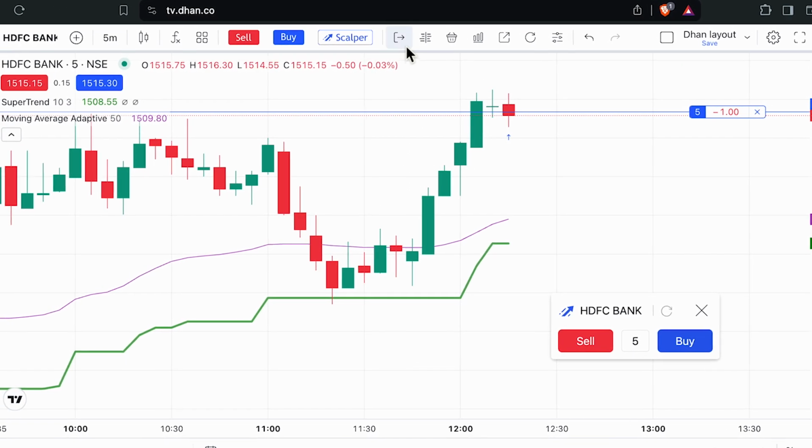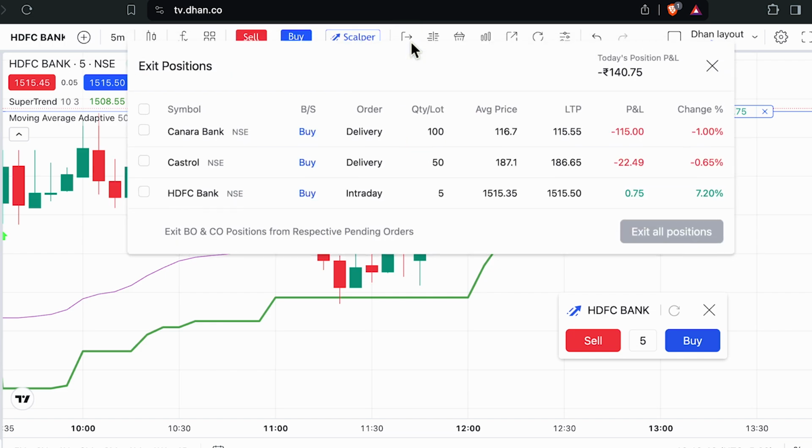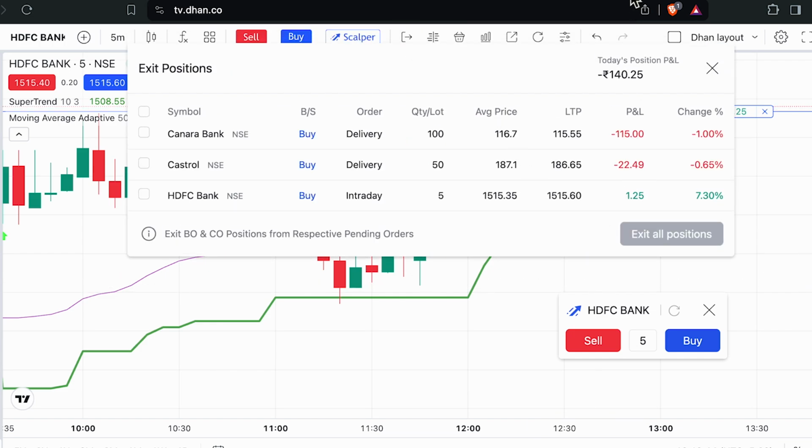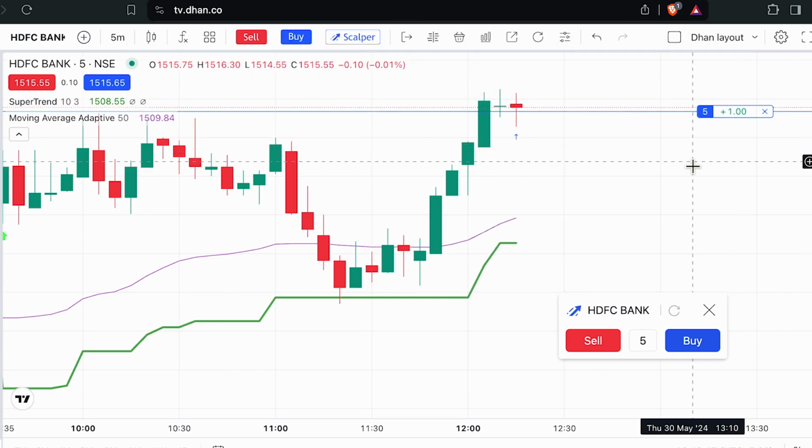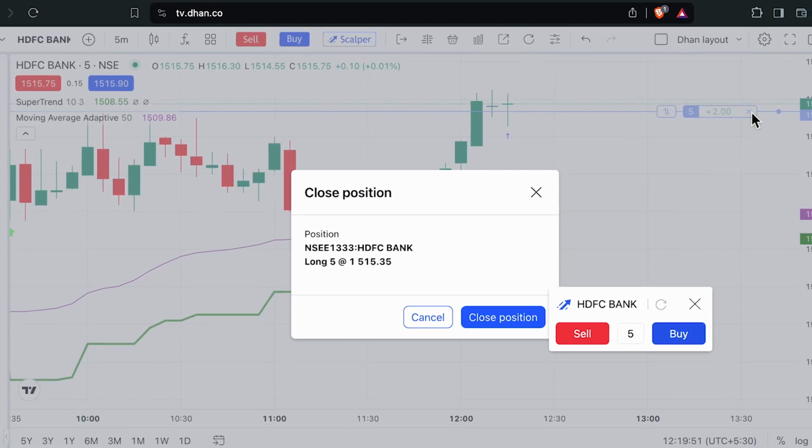And if you have multiple positions open, there is the exit all positions button, which I can just click to exit all my positions for the day. For now, I will just go to the chart and exit my position for HDFC, which I just opened for